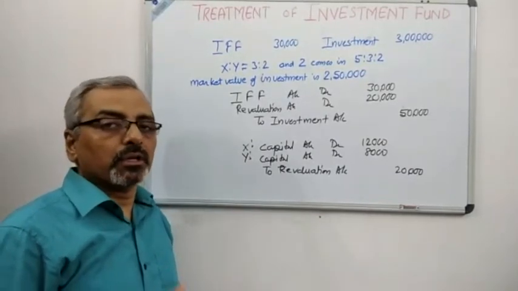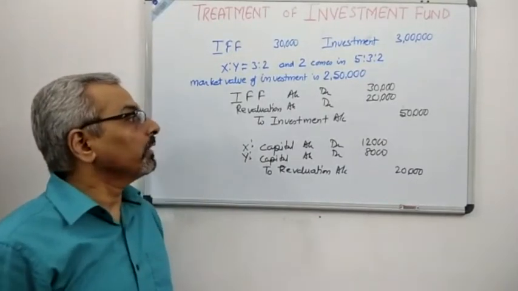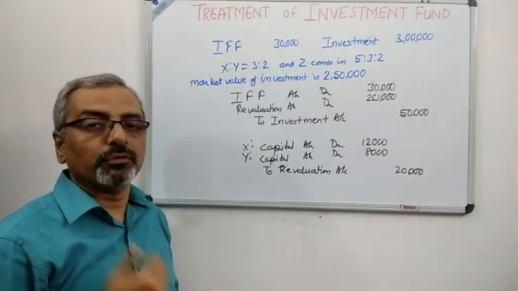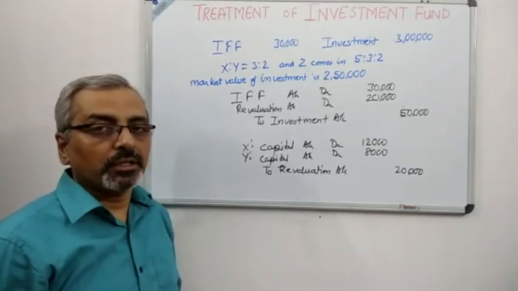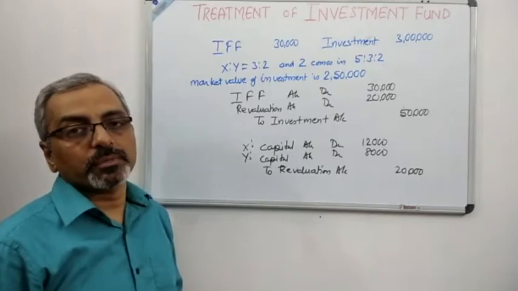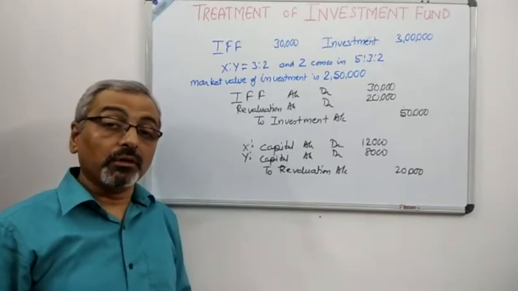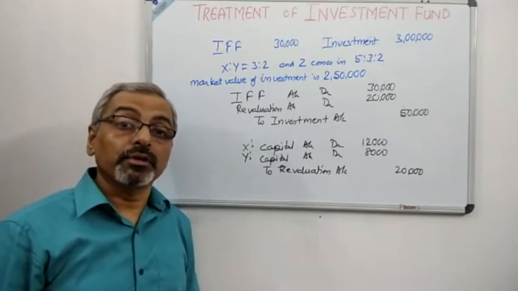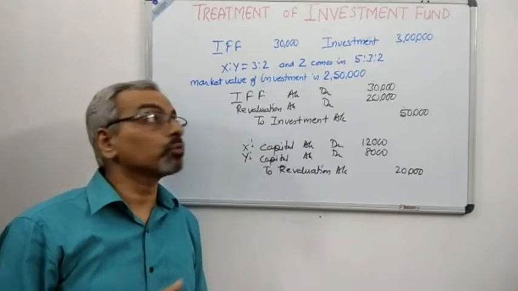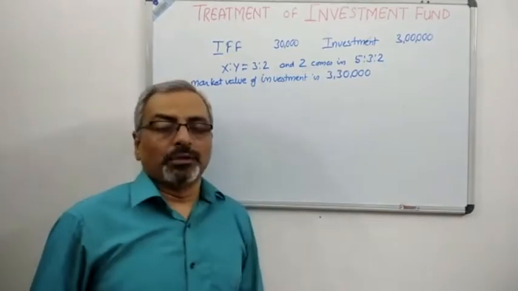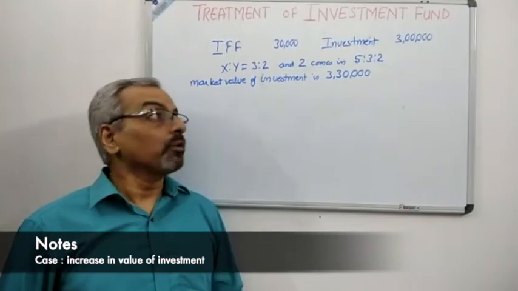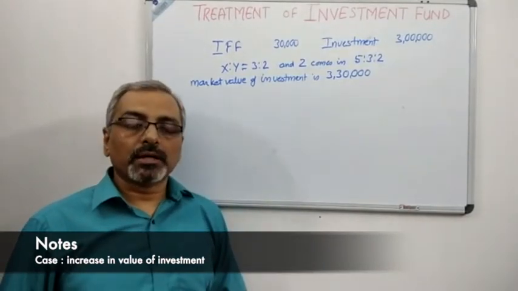So that actually concludes this part when the value of investment is falling. If you see very carefully, I have taken 3 cases in which the value of investment has fallen. Now let us see what will happen if the value of investment rises up, that means goes beyond 3 lakh. Now we are taking a case in which the value of investment has increased from 3 lakh to 3 lakh